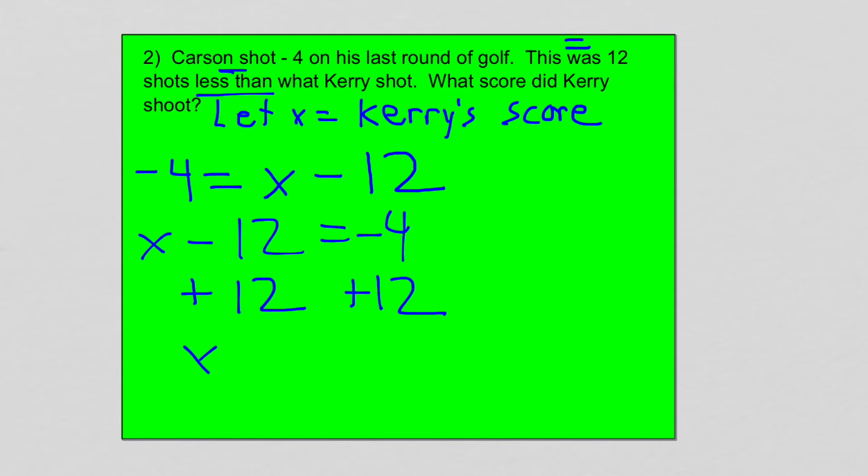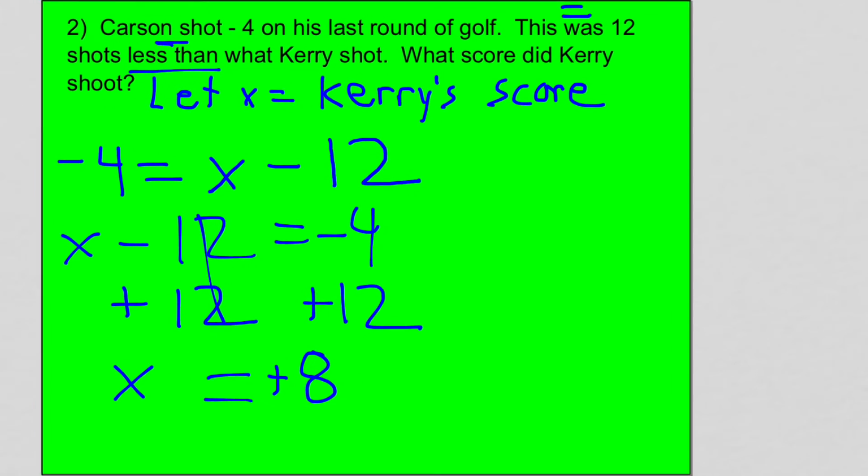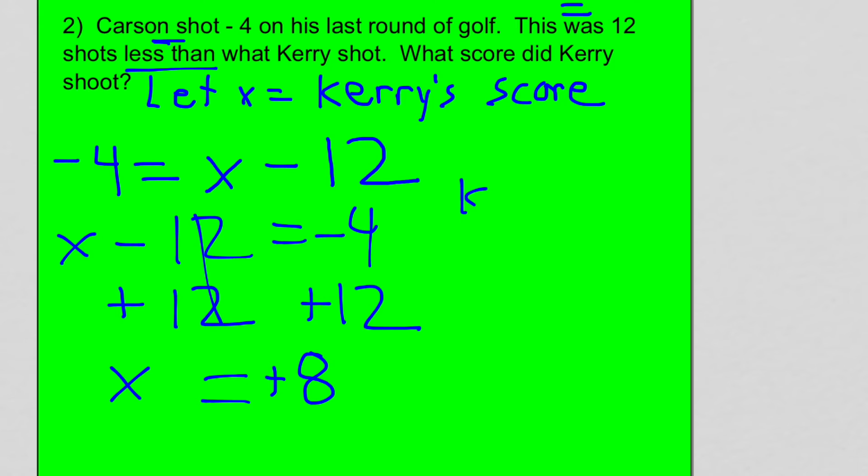And X equals positive 12 and negative 4 makes positive 8. Also an excellent golf score. But Carson is the winner on this one because he shot 12 shots less than Kerry. So Kerry shot +8 though, which is a great score. Kerry's score